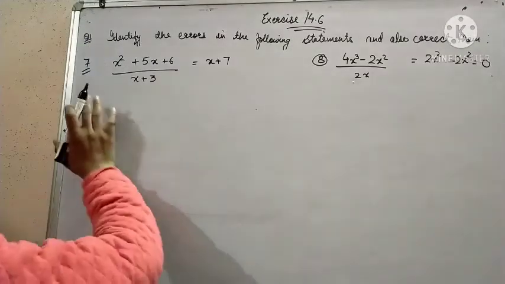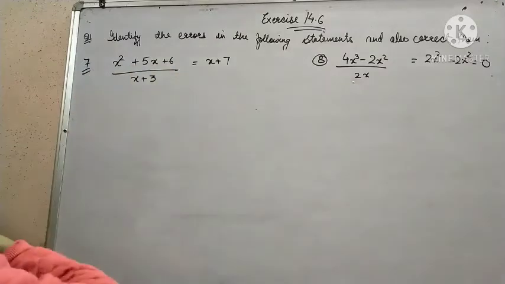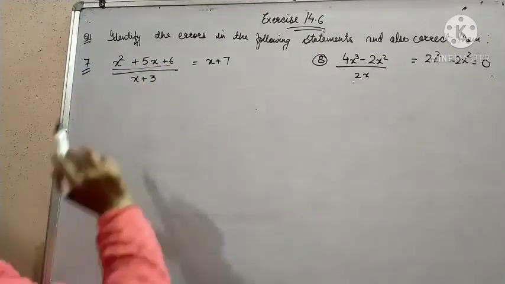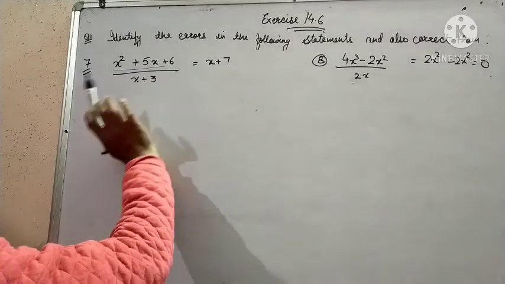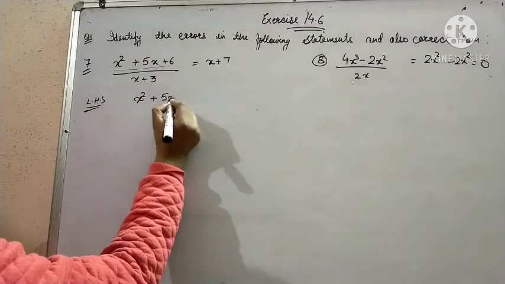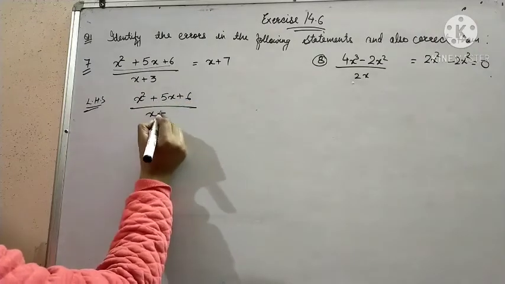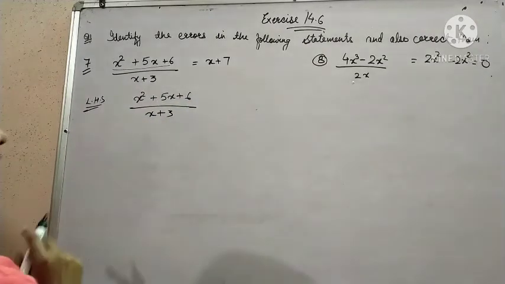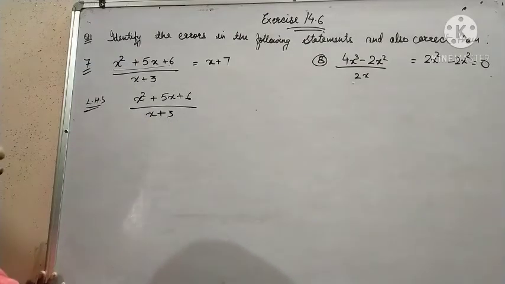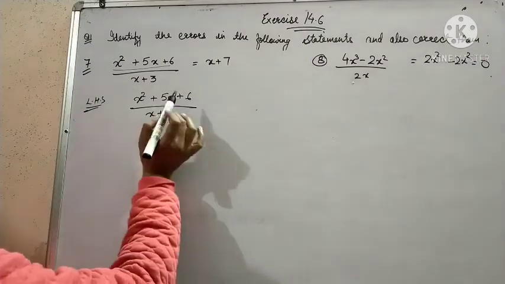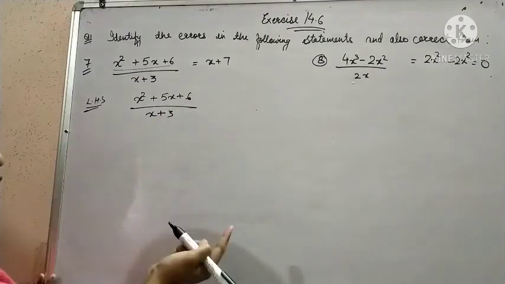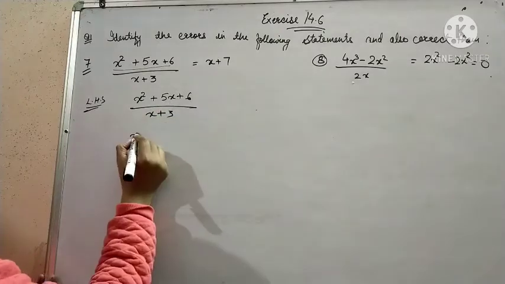See, in question number 7, this expression is given to you. That means first of all we need to factorize this term. It is x² + 5x + 6. Now in the LHS it is given (x² + 5x + 6) upon (x + 3). And you very well know in a question of division one factor is the same as the one given for division, or you can say the divisor. So one factor of 6 will be 3. What could be the other factor? 2 only, and 3 plus 2 is 5. So factorize it.